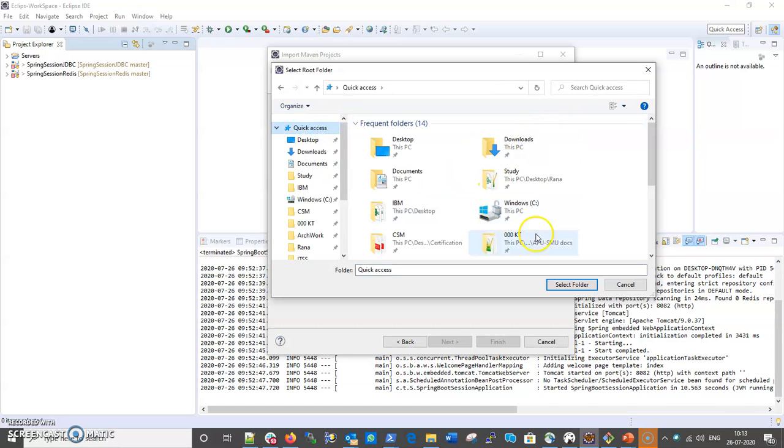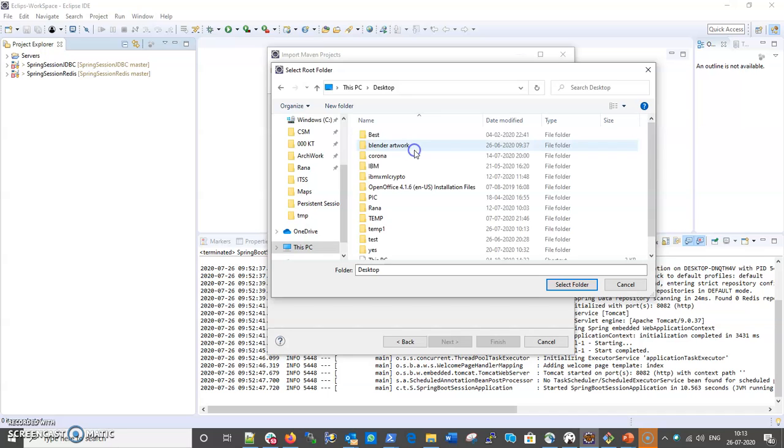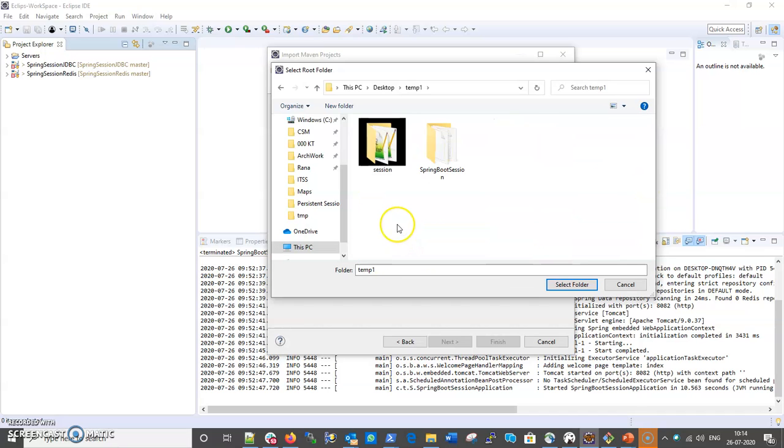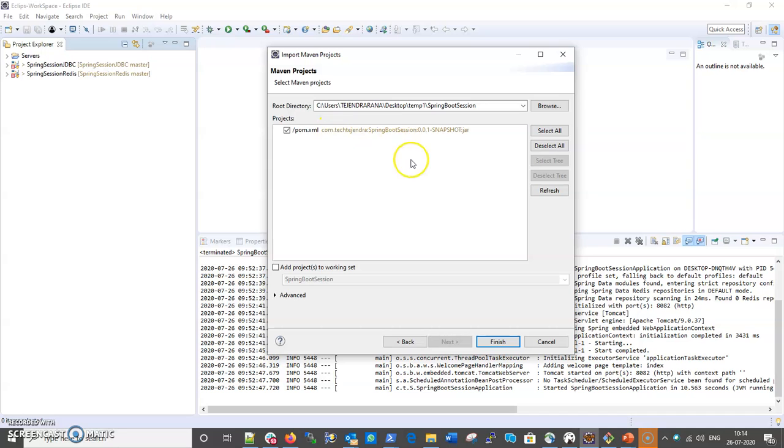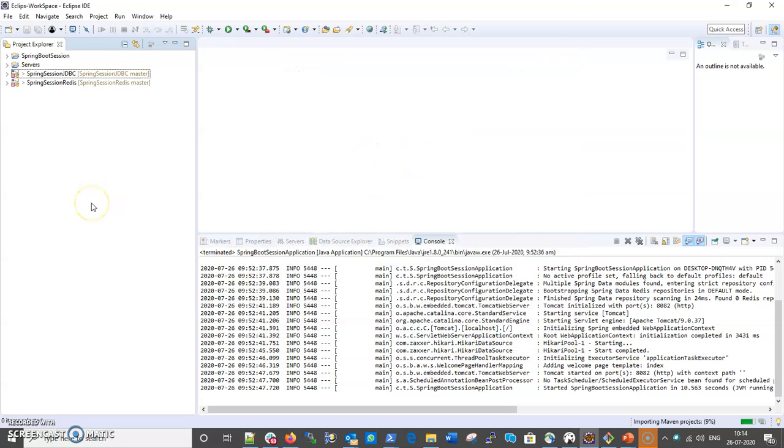It is on the desktop, in the Spring Boot session folder. I select the folder, so I have given the location of my pom.xml. It is importing currently. Okay, so this is my Maven project.